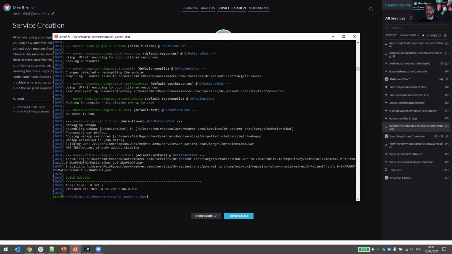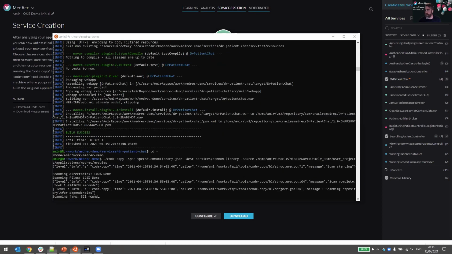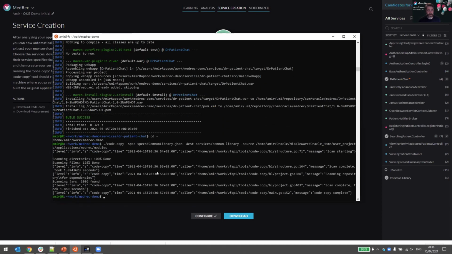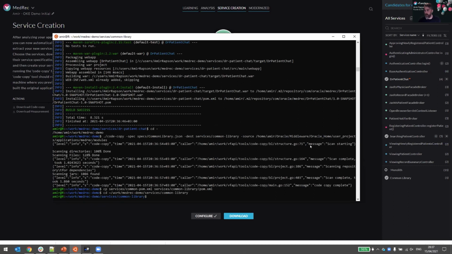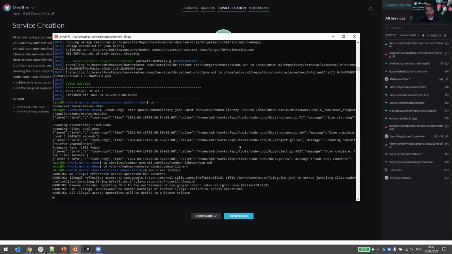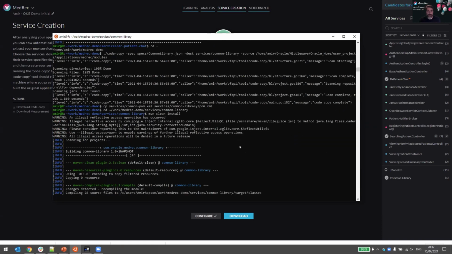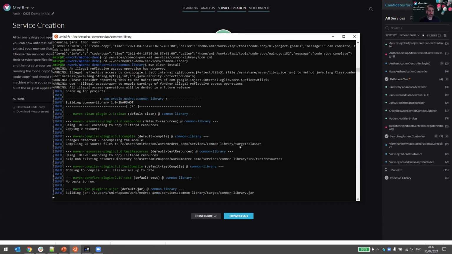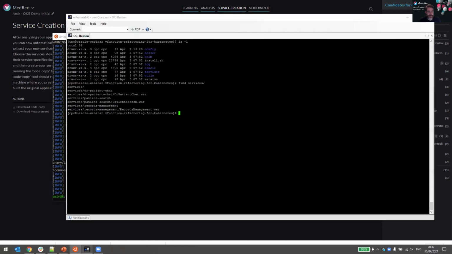And that's it. We have an extracted service. Let's do the same for the common library. I'll replace the POM here as well. Go into the common library and again clean and install. Okay, and then I can continue to do that for the rest of the services. I won't do that here, but the result is going to be a couple of WAR files. And I want to take all of them and extract them as services. Let's go now to